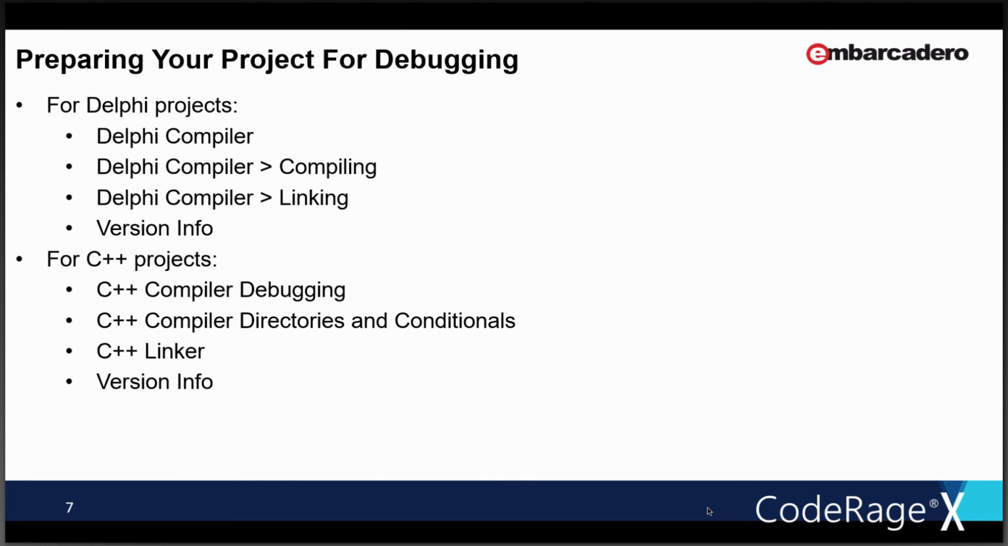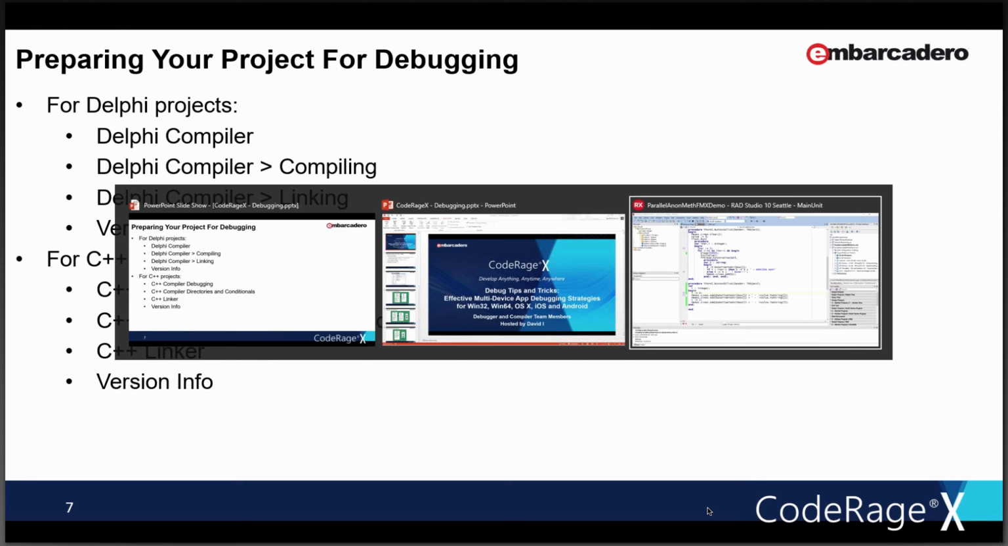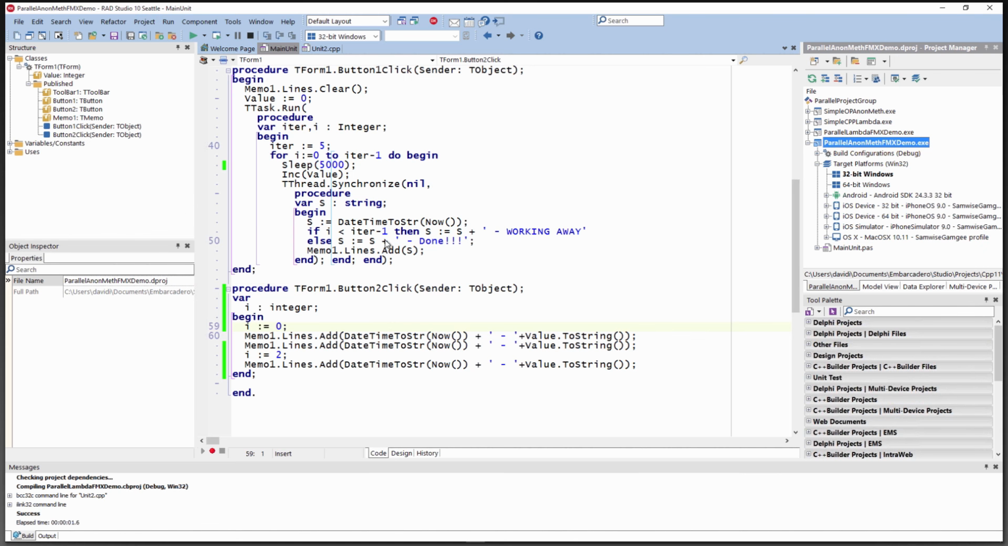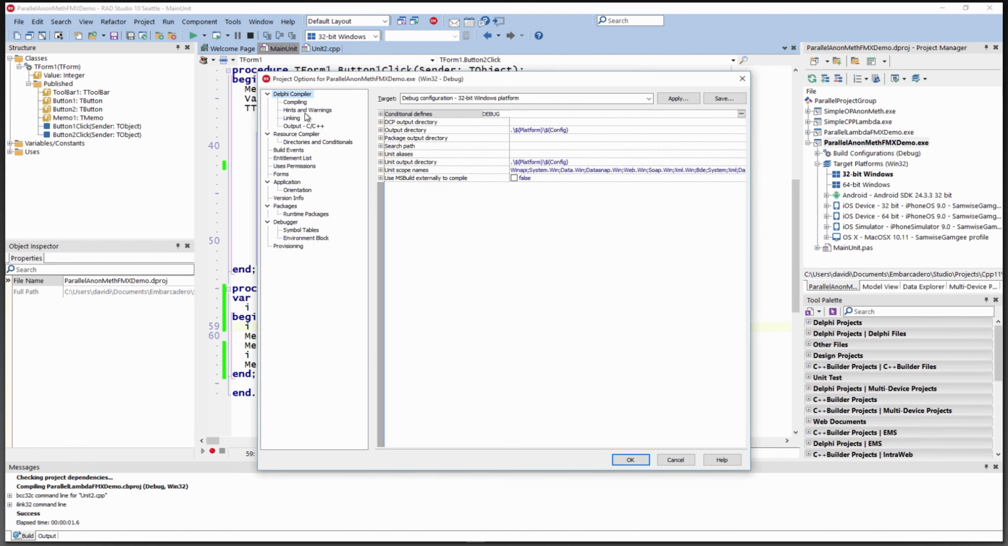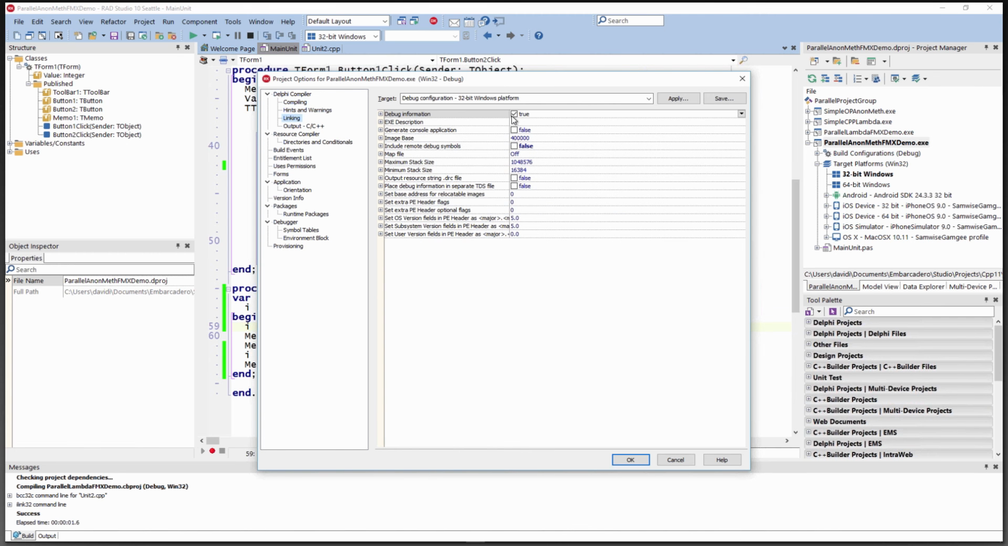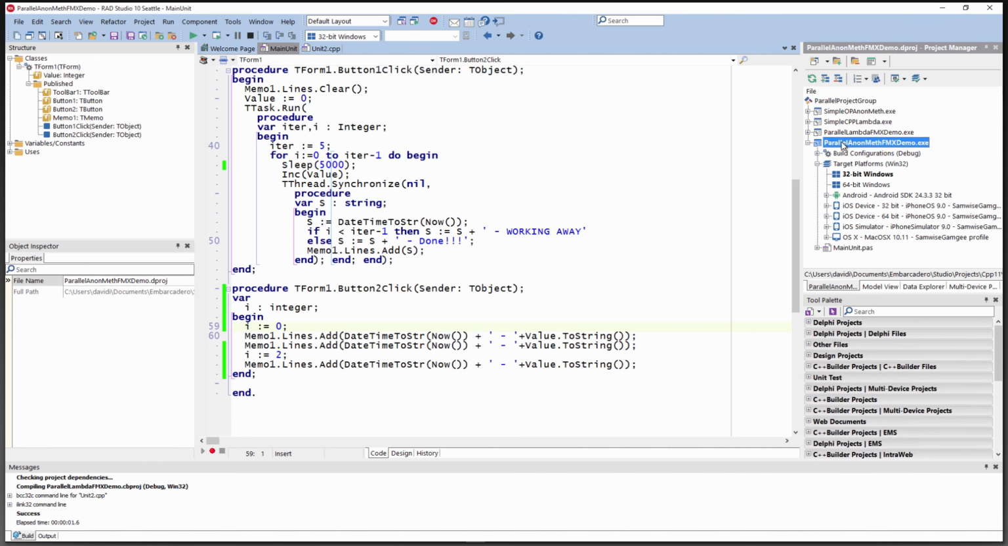Let me bring up the IDE. There's a Pascal project. Let's enable that. If I go to project options for Delphi, I've just got my paths, my output directories, compiling, linking. I think I've got debug information turned on. True. If I enable a C++ project,